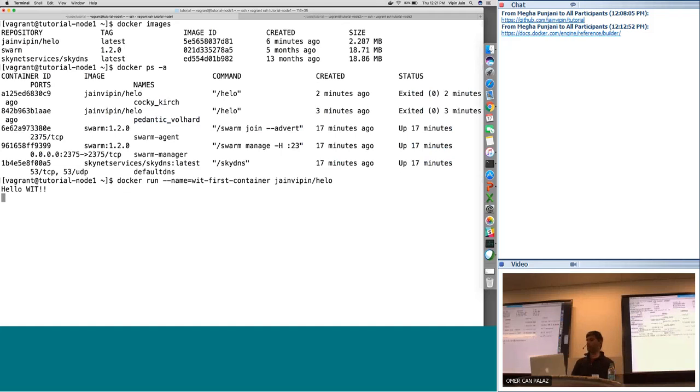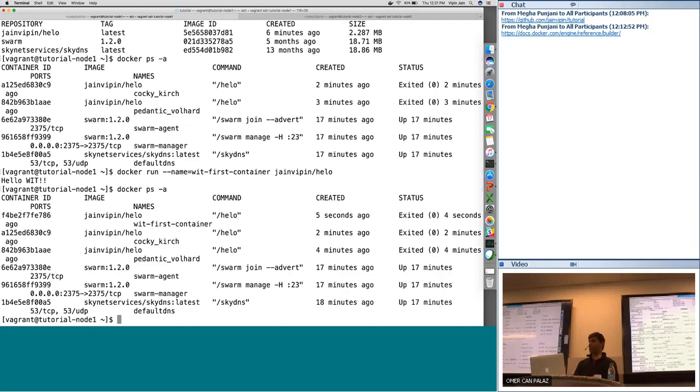let's say I'm calling it WIT first container, right? So if I now do Docker PS -A, you see 3 containers. This is the one that we spun up just now. If you don't specify a name, there was a gentleman who contributed to this open source project. He said that he took all the adjectives and all the names of famous people, and he would just mix and match dynamically and give a name, which is supposedly unique over a very long period of time, that he guaranteed, and his patch was accepted. I'd say it's a pretty good thing. Instead of typing in this A123, I might as well type cocky cars, maybe.